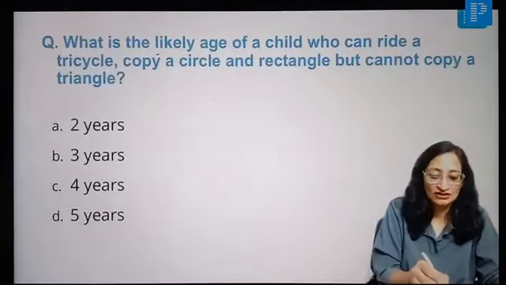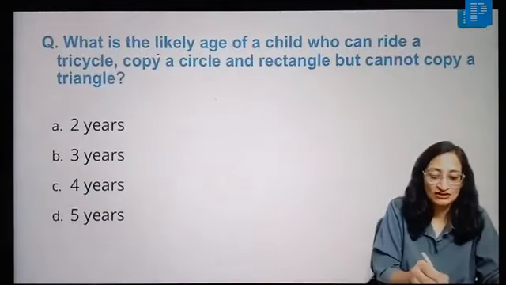Some important gross motor milestones, again a rapid fire. Partial neck control comes by 3 months of age. Complete neck control by 5 months. Everything will come with support first, without support later. So sitting with support will come at 6 months, without support around 8 months. Standing with support will come by 9 months, standing without support by around 12 months. Creeping will come around 10 to 11 months of age. And here some other milestones will also come, like cruising and pivoting. Walking with support again comes at around 12 months, but walking without support comes around 13 months of age.